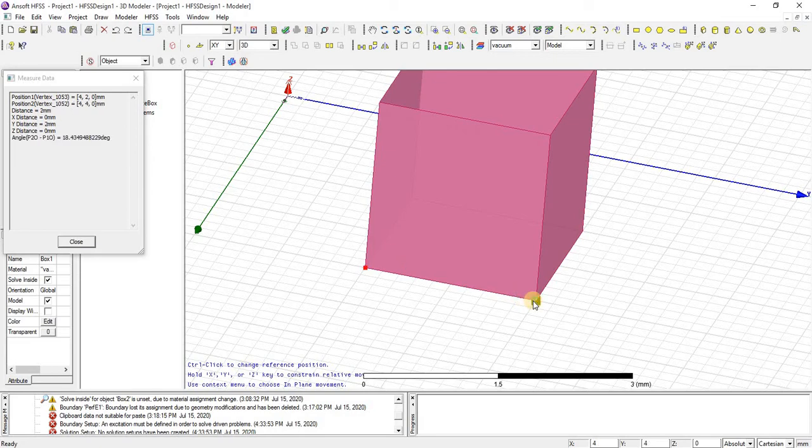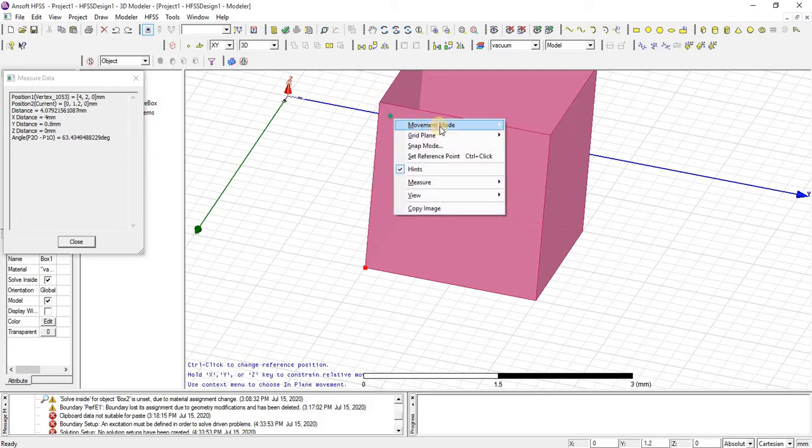Here in the measure data box you can see that the value along y-axis is 2, from here to here. Similarly, from bottom to top the z-axis is 2 millimeter. From here you can change the position. If you want to measure along y-axis or z-axis, you can change it.